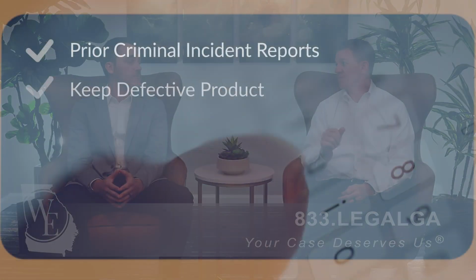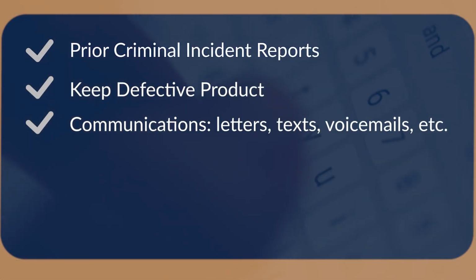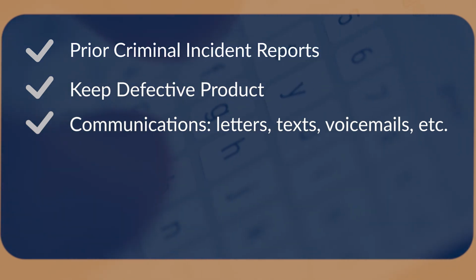So we've kind of talked about liability and what you need to prove liability. The next portion is going to be damages, right? So damages. Oh, one other thing on liability. Communications. So if you get letters, emails, text messages, voicemails, any of that stuff from the people that are involved in the scene or involved in the incident itself, or even from the insurance company, then you want to hold on to those, because there may be important information in there that you might need later on down the road. You may not need it, but it's important to keep it just in case,